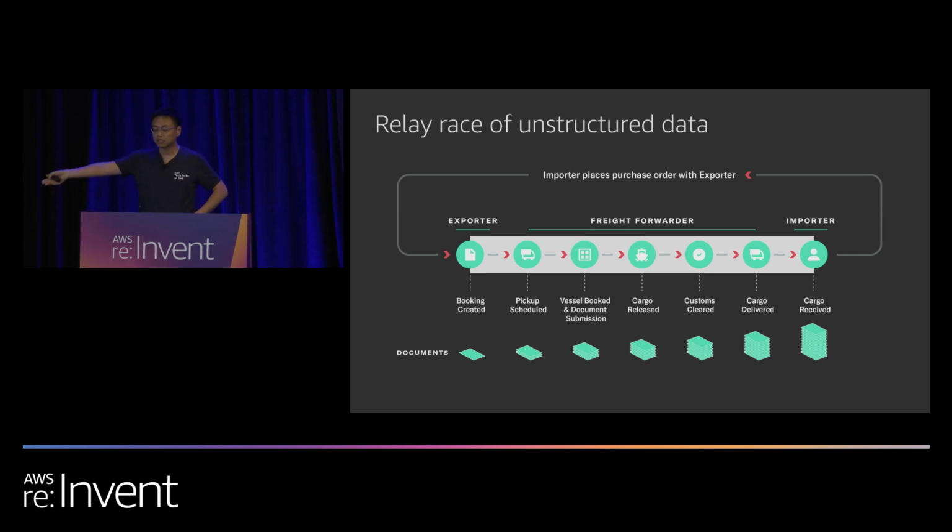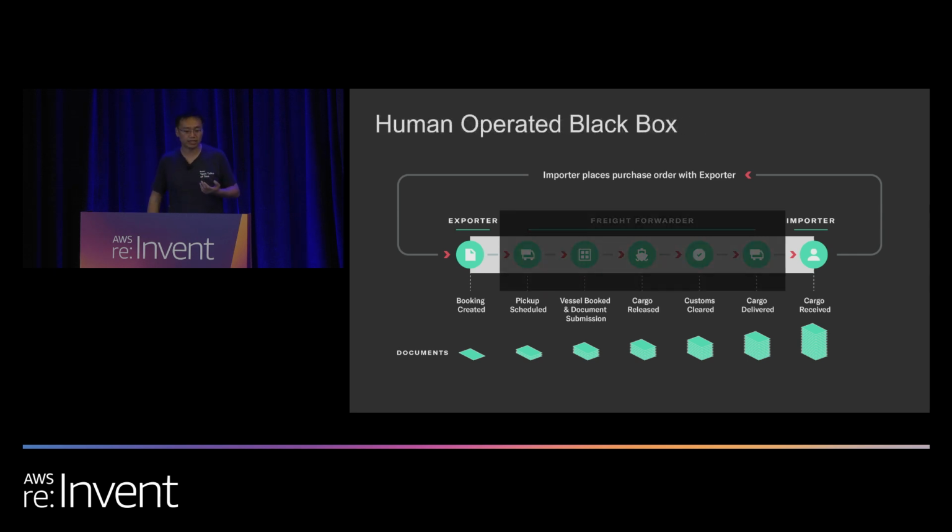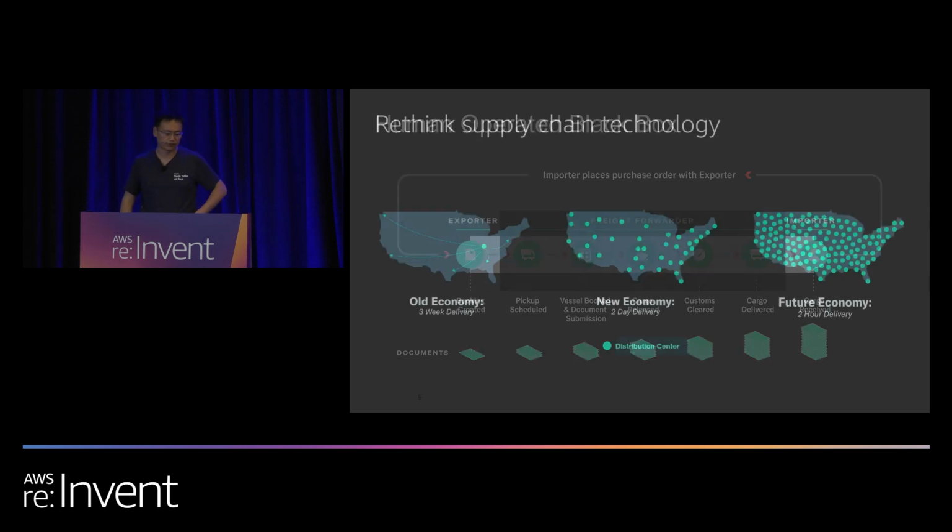Imagine there's a trucking company with 3 small trucks in a small town. There's no way they have an API to integrate with you, right? All they have is paper and phone calls. So traditionally, the freight forwarder is purely a black box. The freight forwarder handles this whole flow manually, and collaborates with all the parties. Even nowadays, with all the technology and the internet, this is how global trade works. Super inefficient, super complicated, and full of exceptions.